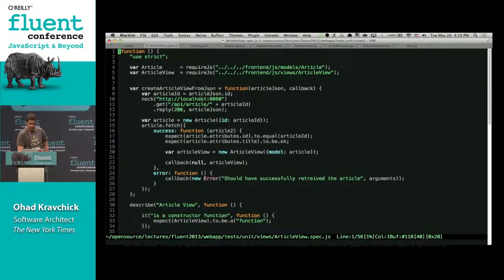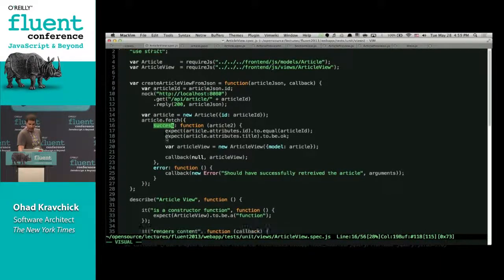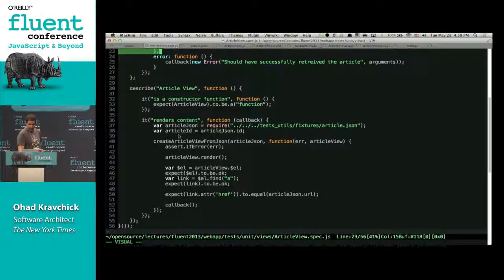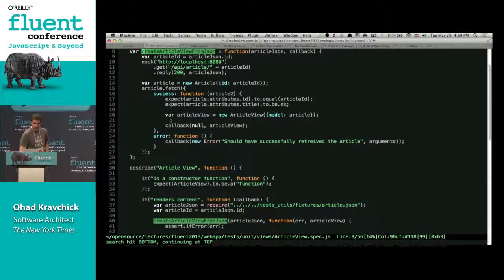This is my article view that we saw before. I actually go and fetch the same article that I had before. So I'm using the same fixture from before. But then I go and create it. And once I create it, where is it? This guy? Okay. So I go and create it, and then I instantiate this article view with whatever I got from my